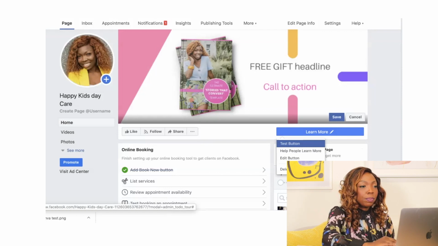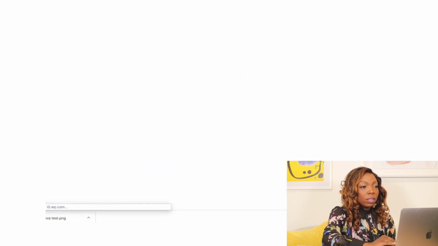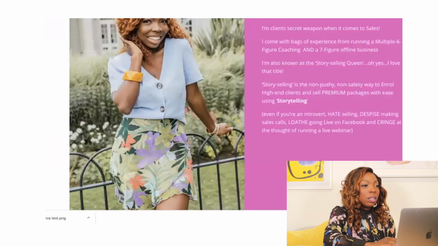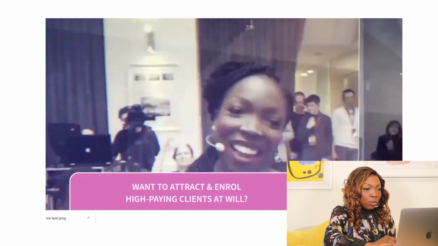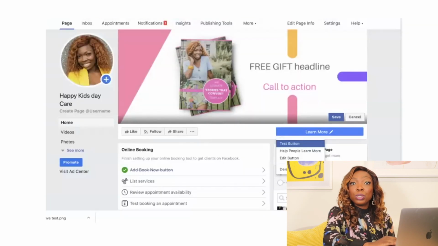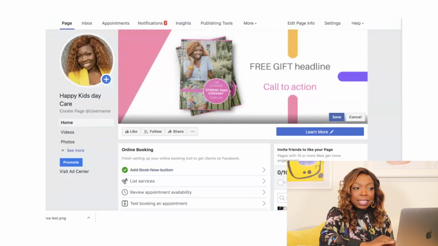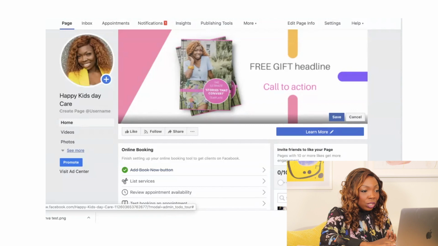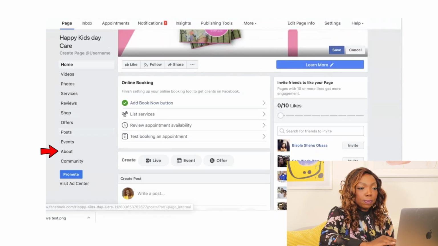So if we do that, so my website is now loading. Okay, brilliant. Here we are. So that's that done. So if we go back to Facebook, let's move to the next step. So the next step is you want to make sure that you've filled out all of your about page by adding a description and a link. So if we go down here to about,